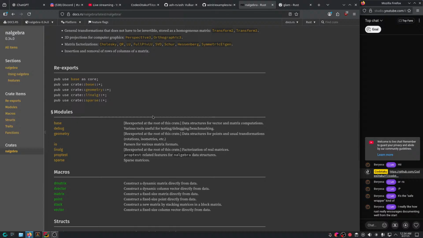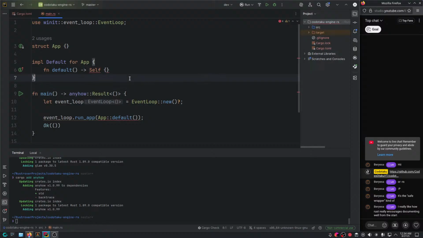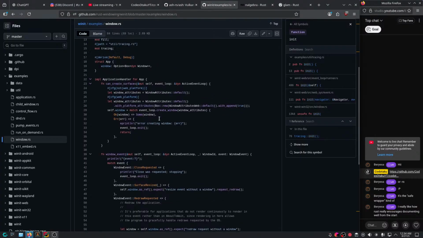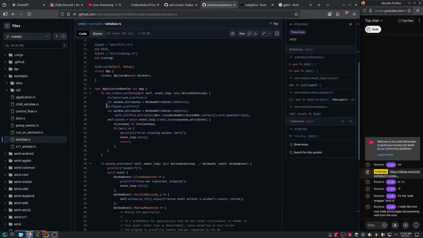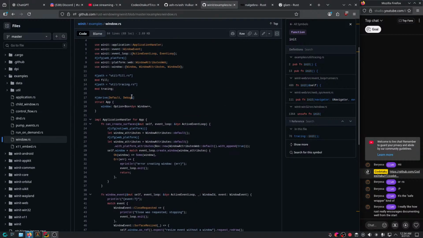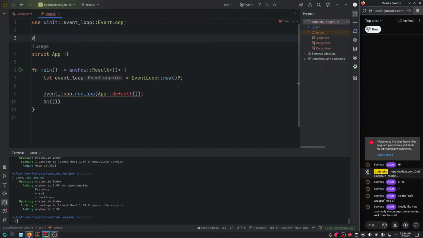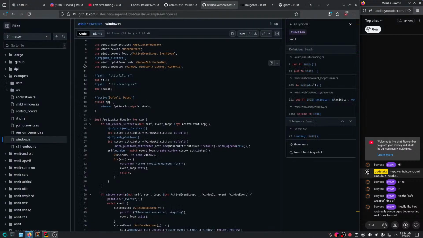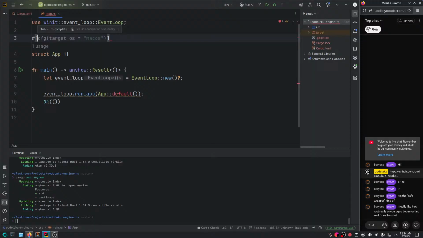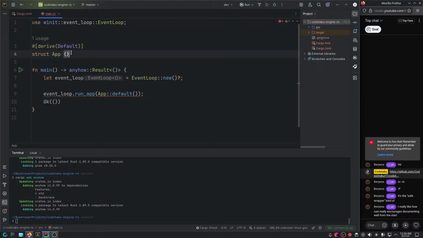It's such a mess. But here in Rust, you literally always have the same thing. But yeah, all right, let me see how Winit is doing this stuff right now. Implement application handler, but where's the default? Oh, they just derived the default. So instead of implementing it ourselves, if all our fields implement defaults, we could just use this kind of derive thing to derive defaults. So the compiler would implement defaults for us essentially,